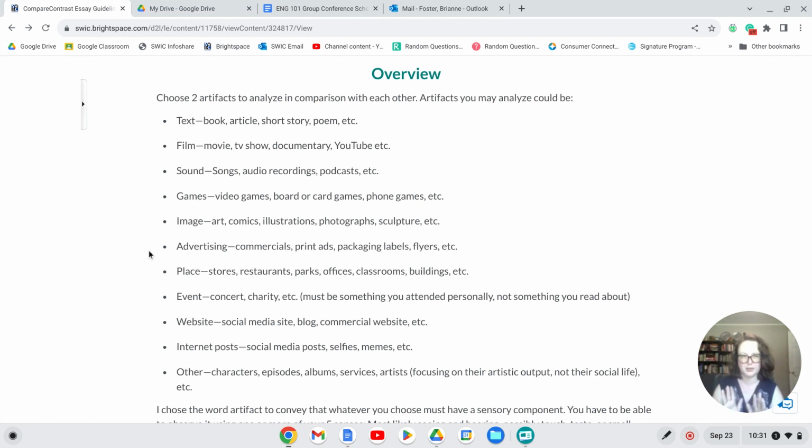I think that was a little bit of a mix-up with the last paper, is that when I said images, people thought they were supposed to analyze images. Or when I say games, they thought I need to analyze games in general. So I want to be really clear that when I say artifacts, I mean a specific artifact within these categories. So you could choose a book, article, short story, poem, a movie, a TV show, a